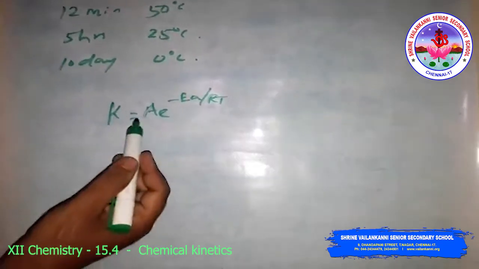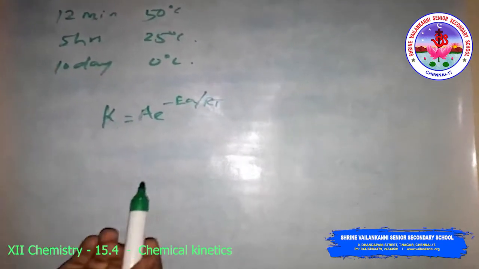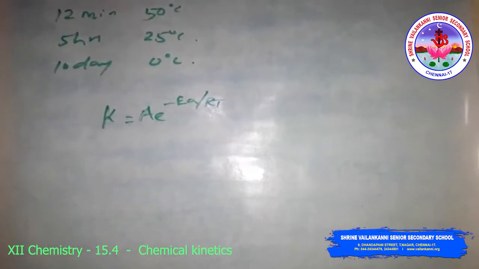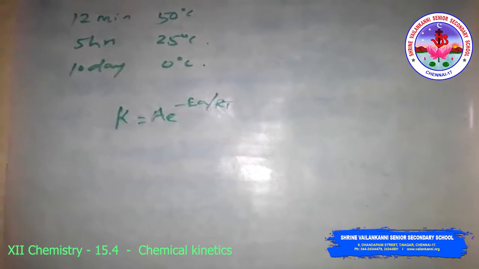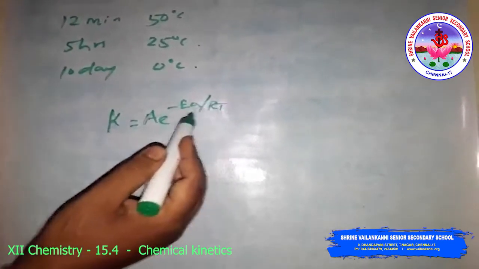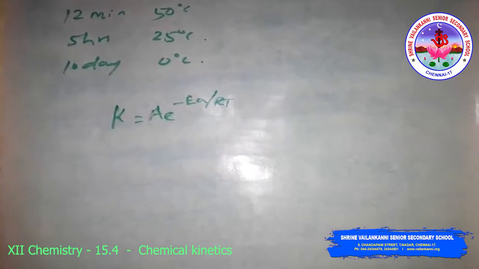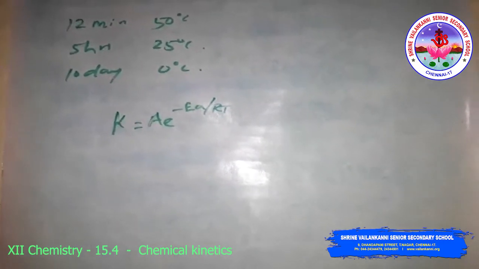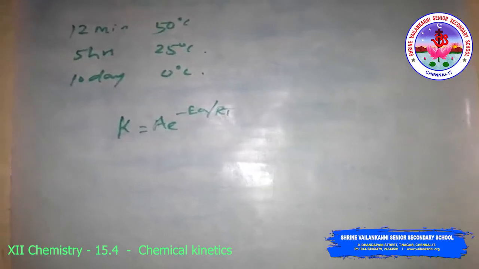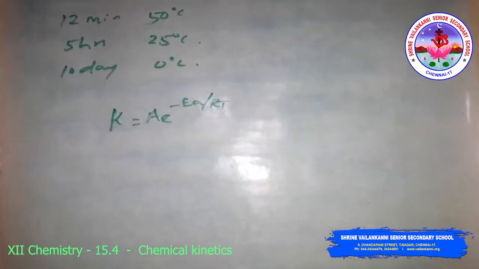Here A is the Arrhenius factor or the frequency factor. It is also called the pre-exponential factor. It is a constant specific to a particular reaction. R is the gas constant, T is the temperature, and Ea is the activation energy. The unit of activation energy is joule per mole. It can be understood clearly using an